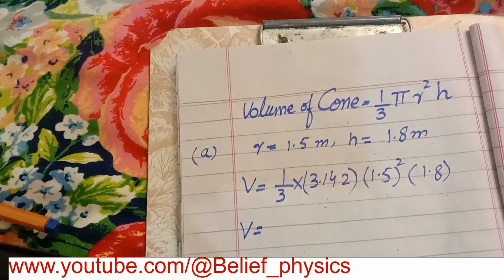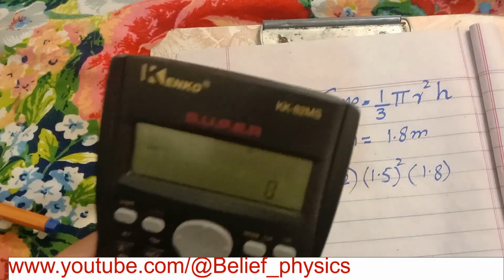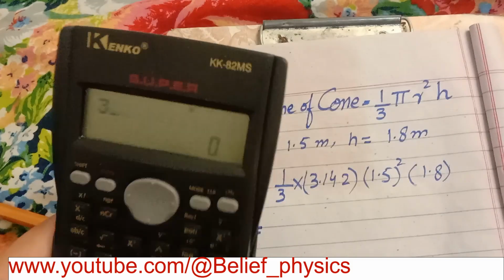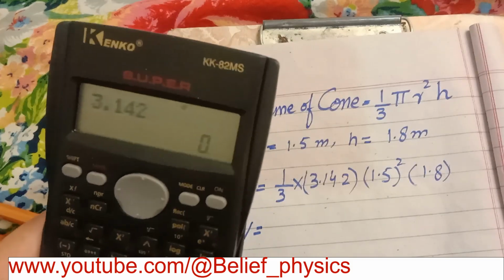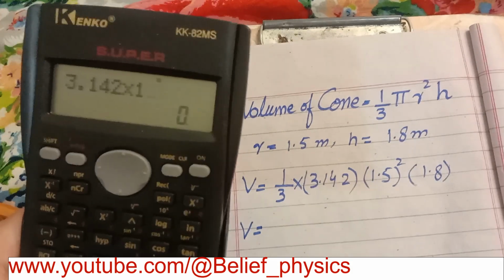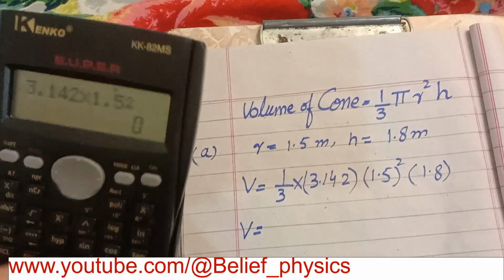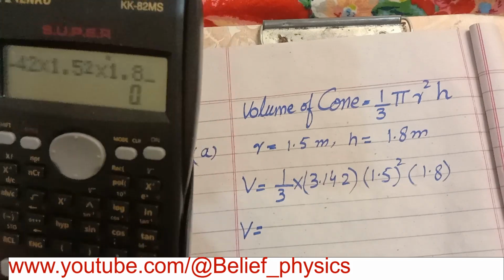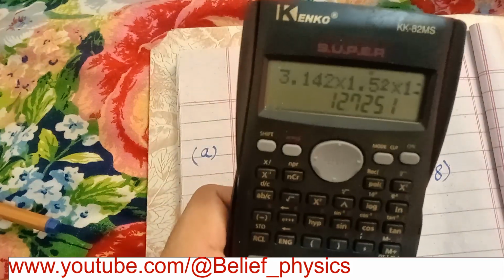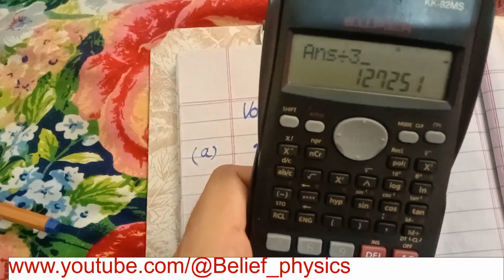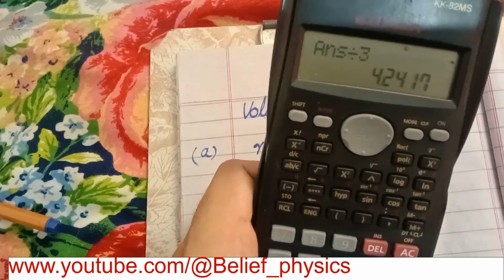So I solve it for you. This is 1 over 3 into 3.142 into 1.5 square into 1.8, divided by 3, will give us